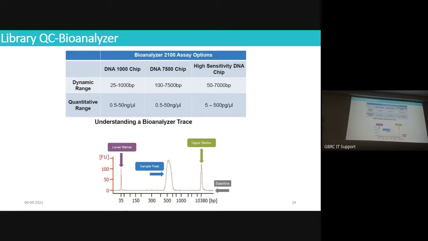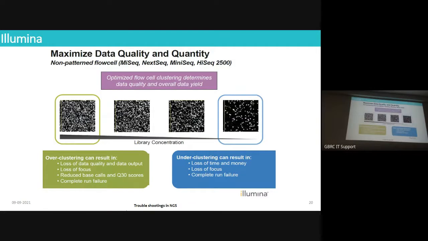But it cannot differentiate. Sometimes you can see there are adapter contaminations. If they are there, they can be visualized in the bioanalyzer. So these are the base pair ranges and the quantification ranges of each assay kit. You have to choose based on your application. So once your library is ready,